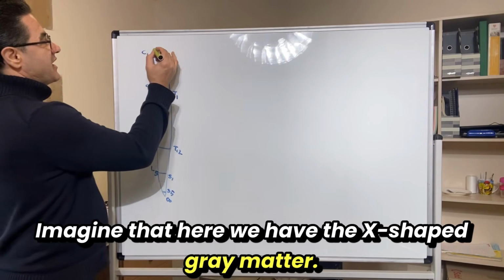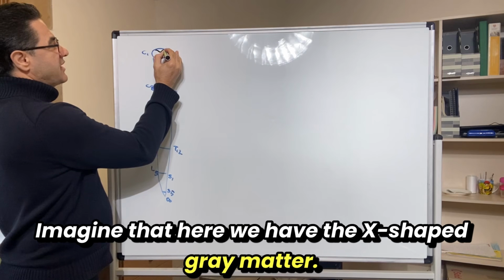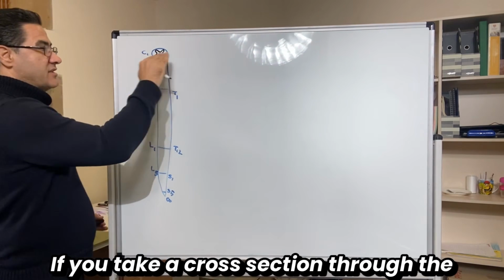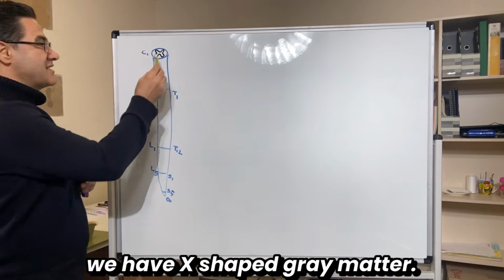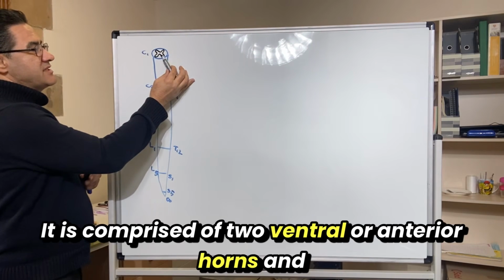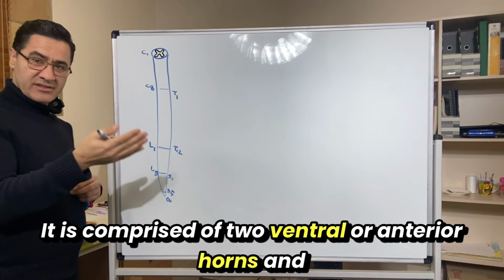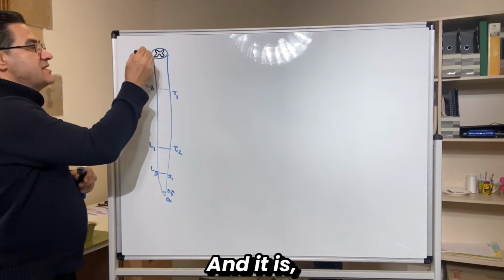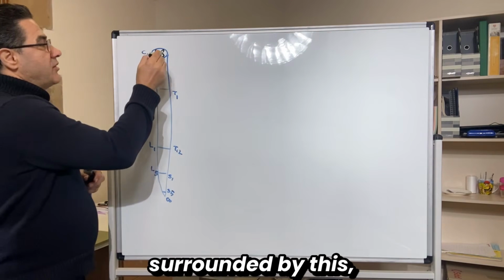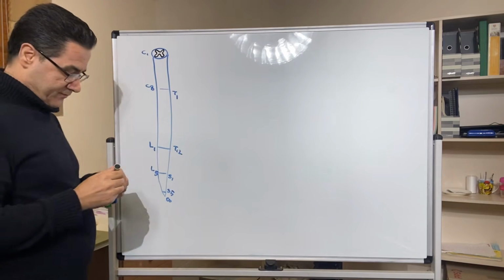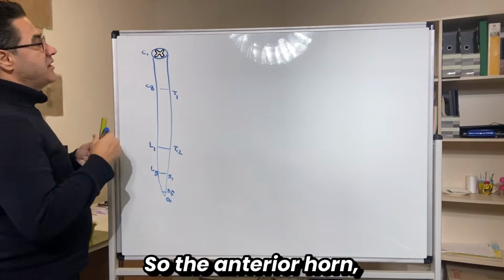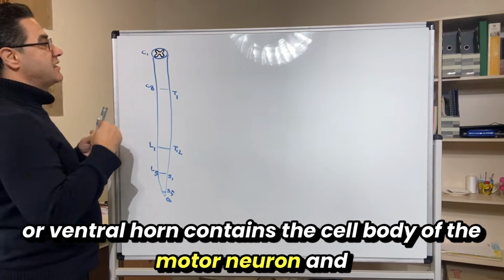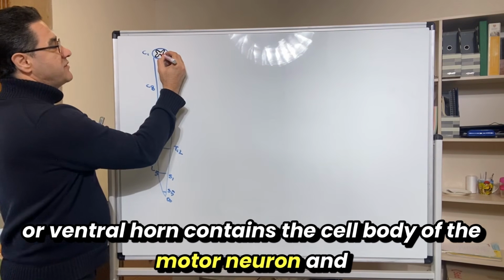Imagine that here we have the X-shaped gray matter. If you take a cross section through the spinal cord, we have X-shaped gray matter. It is comprised of 2 ventral or anterior horns and 2 dorsal or posterior horns, and it is surrounded by this white matter. So the anterior horn or ventral horn contains the cell body of the motor neuron and the